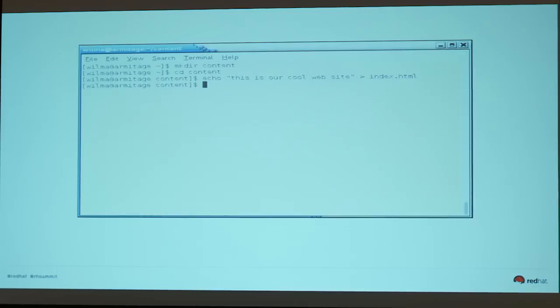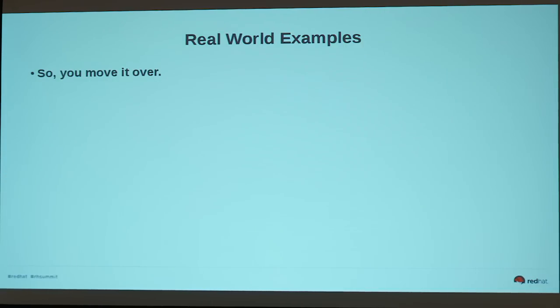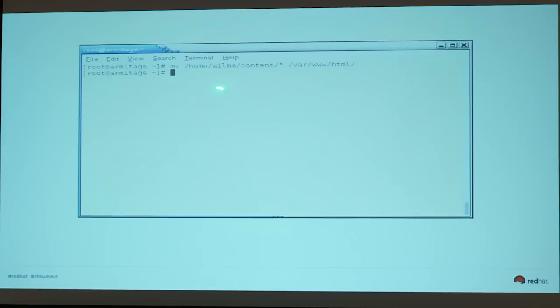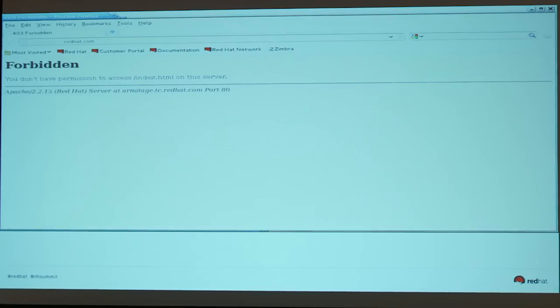So you being the good sysadmin that you are, she's made her content directory, and she's not a very sophisticated web developer, but you know, she's made an index.html file in her home directory. So like a good sysadmin, you move it over just like she asked you to do. So, mv /home/wilma/content/* into /var/www/html. Yeah, I know we would not do anything that silly, but it's just an example. Bear with me. But then when you go to test, sure enough,